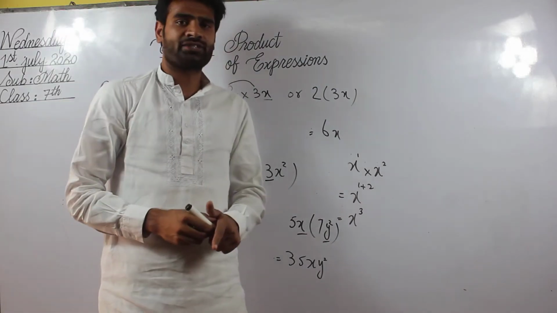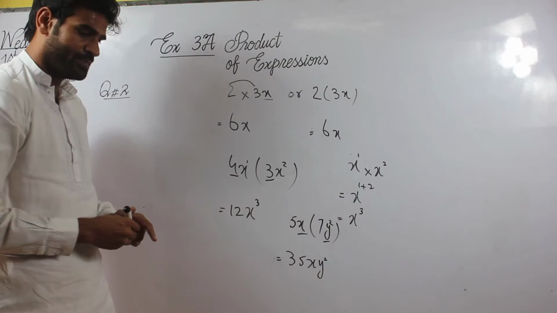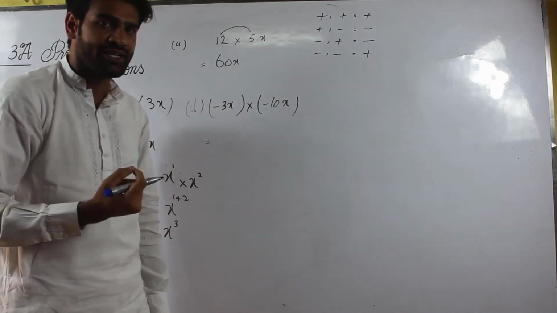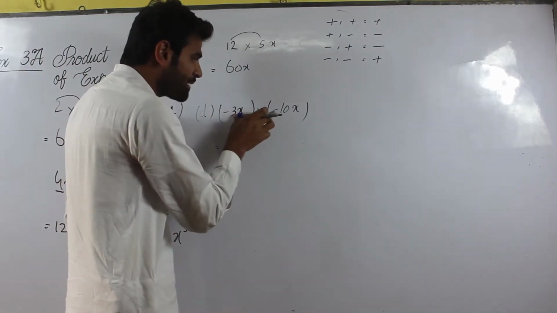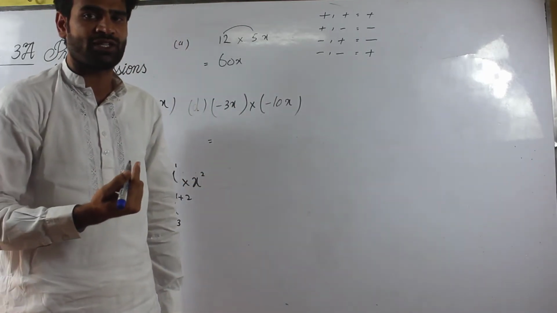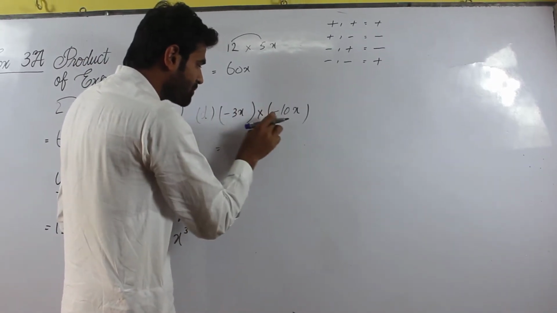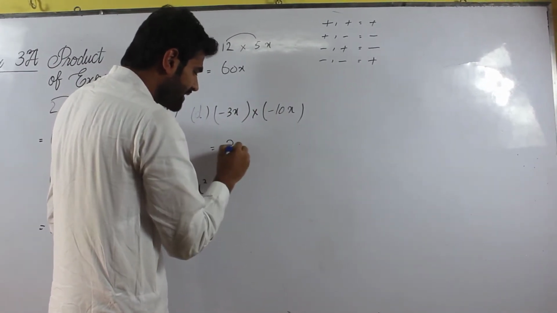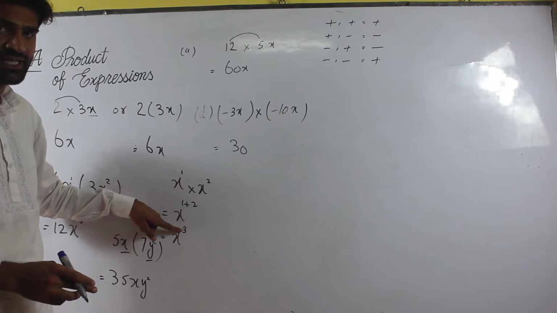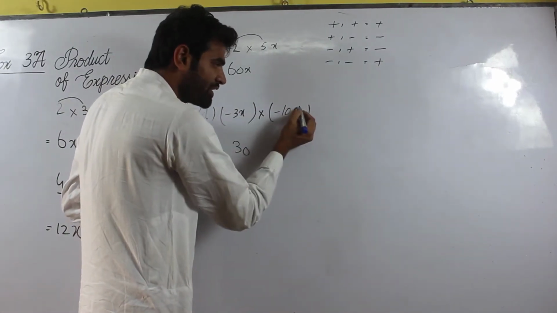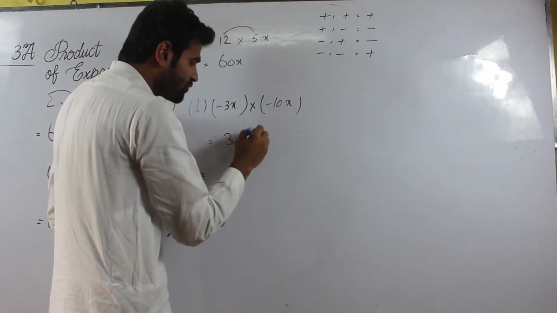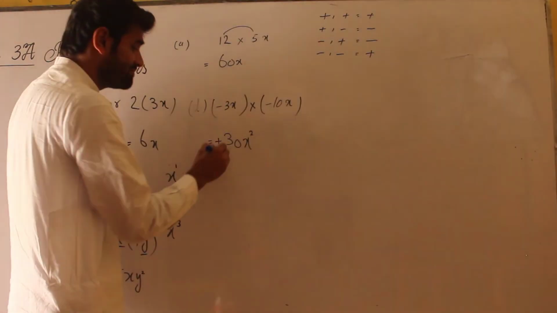So now I take 2 or 3 questions from question number 2. When we multiply, first we take the sign. Which sign do we have? Negative sign multiplied with negative sign, minus minus we take plus, and we don't need to write plus with a single number. 3 10s are 30, and the same variables x and x, and we know that when the same variables multiply each other, their powers will be added. Its power is 1, its power is 1, so we don't need to write their powers on their heads. So 1 plus 1 is 2, 30x squared, and this is a single term.